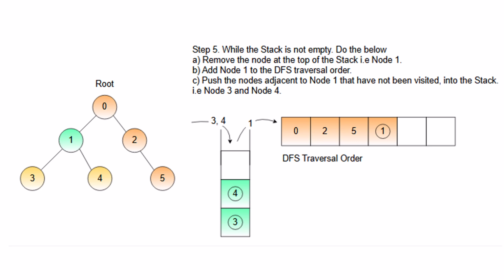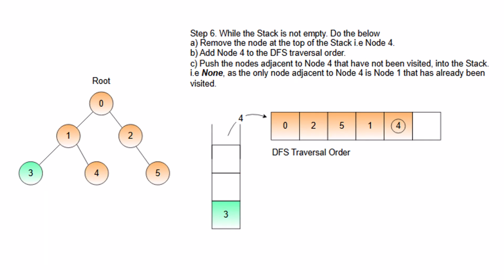Then pop the element 4 from the stack and push the neighbors of 4. So there are no neighbors for 4. So simply pop the 4 and put it in the DFS order. So at last there is an element 3 in the stack. So pop the element 3 and put it into the DFS order and push all the